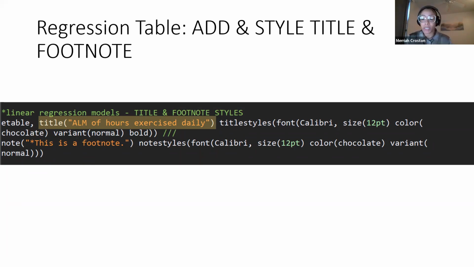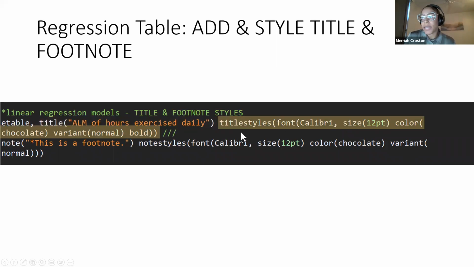So this will result in one very long line of code by the end of this session. So we're adding our title, applied linear modeling of hours, exercise daily. We are styling that title. The font is Calibri, the size is 12. We're using the color chocolate because although we would by default use black, we'd like to see that we're able to style this title